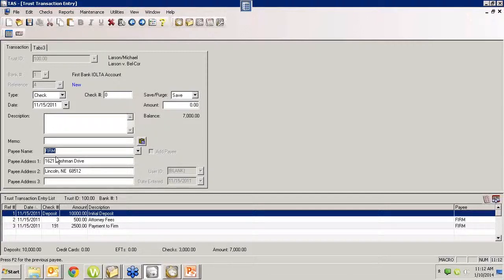So if you produce a bill for $3,000 and then you transfer the money from trust right here, it will automatically create the payment that will reduce the balance by $3,000, and therefore when you do actually print the bill, it'll come in with a zero balance. That's a second way that Trust integrates with Tabs, in that it does not require you to create both those